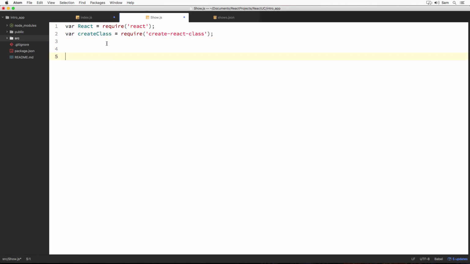Now let's define our title component. I'm going to create a component named Title using createClass. createClass expects an object as its argument, and inside it I'm going to define the render method, which returns an h3 React element containing the title of the show.